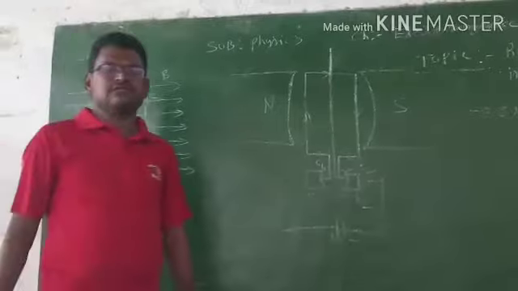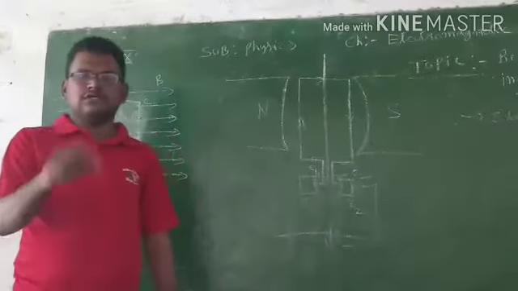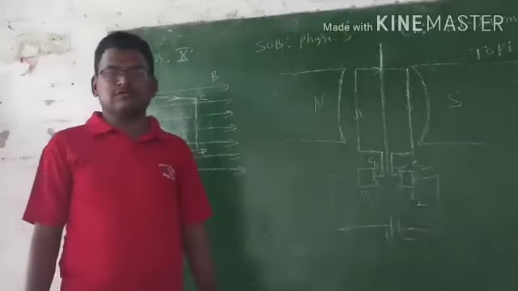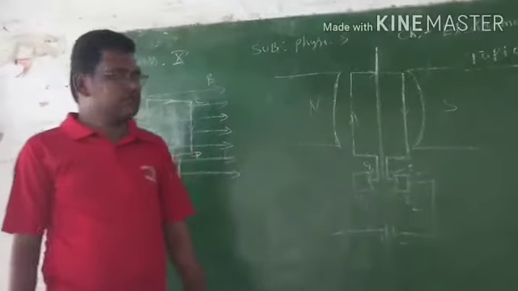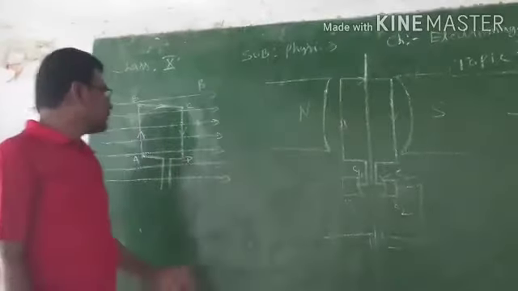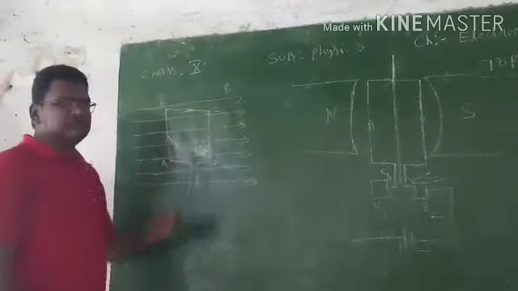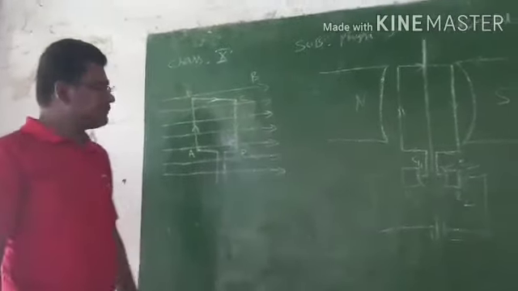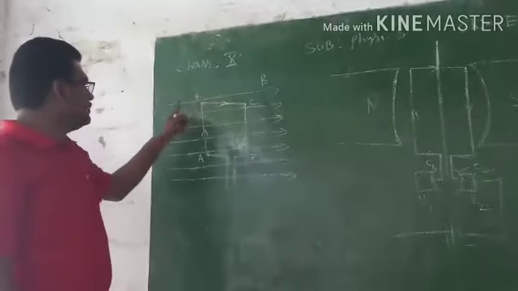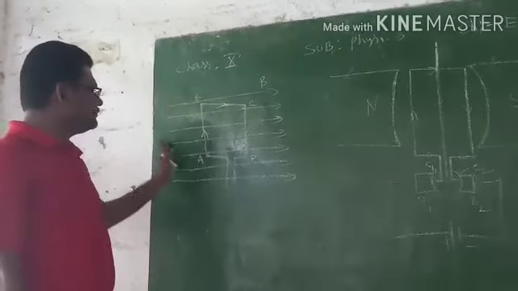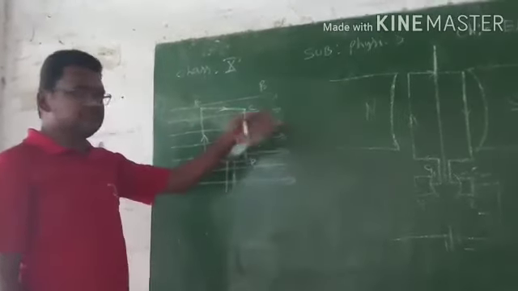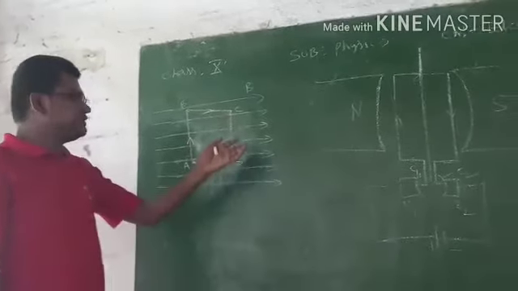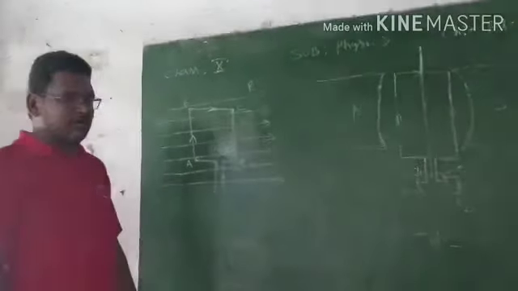So in the previous class we have seen the motion of a current carrying wire in the presence of a uniform magnetic field. So now let's see the behavior of a rectangular wire in the presence of a uniform magnetic field. So here let's see there is a uniform magnetic field from left to right. So this is due to a horseshoe magnet or else any current carrying wires.